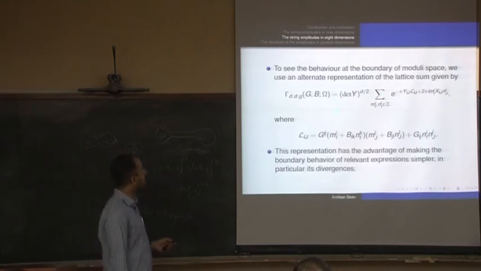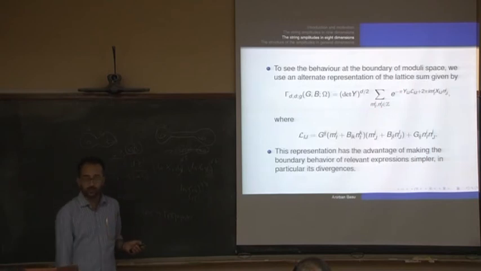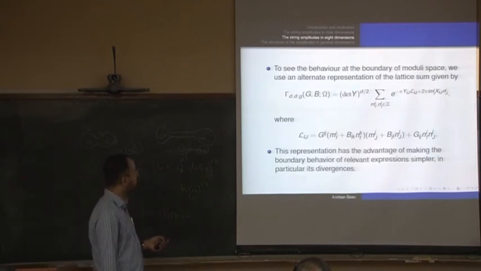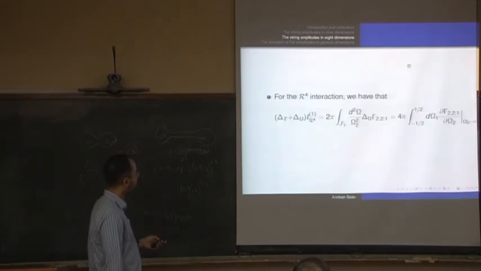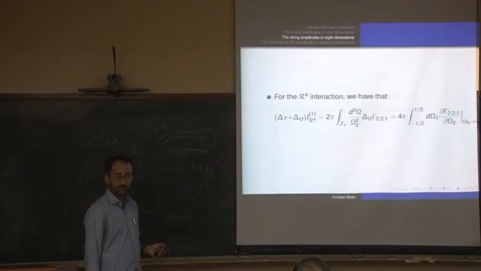Because for example, in these degeneration limits, these lattice sums are exponentially vanishing. So the lattice contribution is non-vanishing only when all the integers are 0. So at leading order, the only contribution is this part for the boundary term. And from here, you immediately see, without doing any calculation, that the term which is linear in omega 2 will contribute, because you need a constant here.